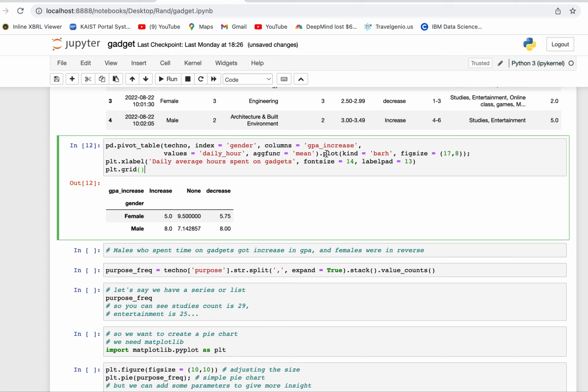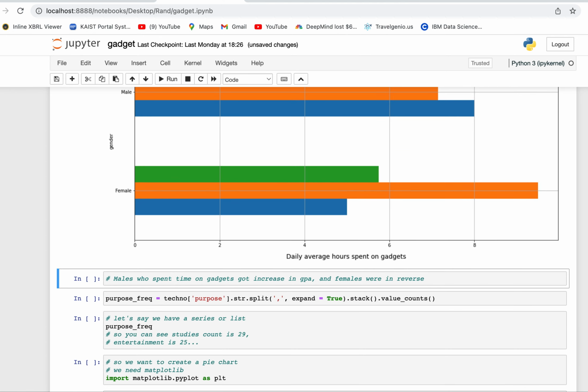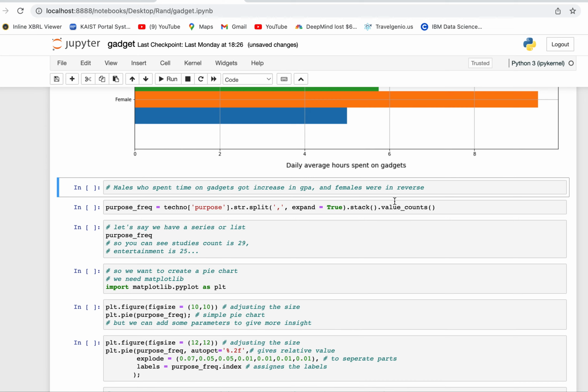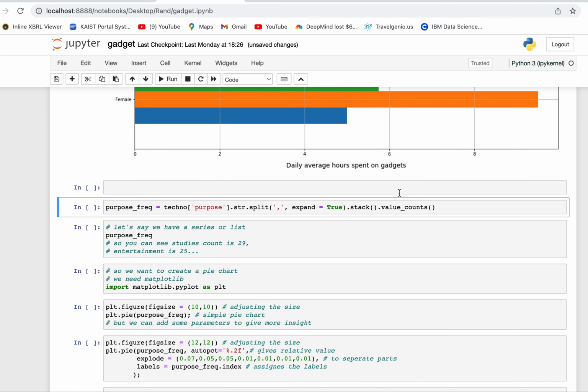So then I plot it, and what kind, bar chart, horizontal bar chart, and I'm assigning the figure size, and these things are just providing labels. So you can see this is one. Okay, then